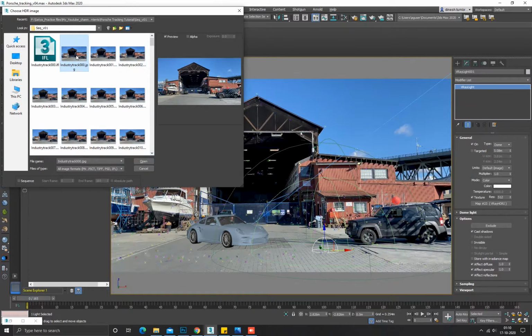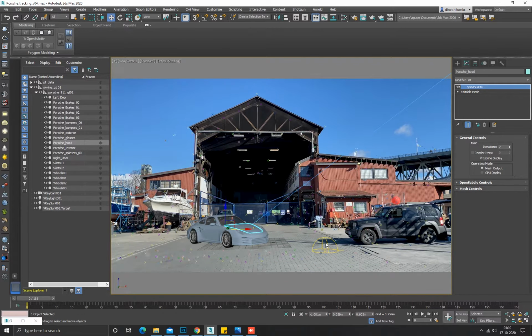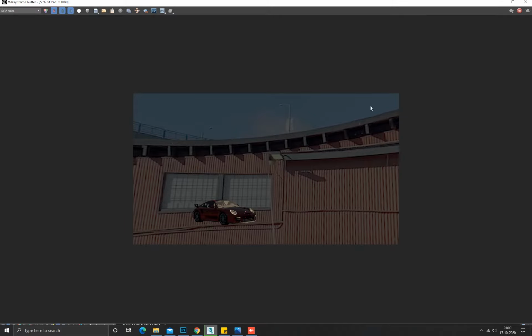Guys, please note that I am using JPEG as an HDRI, which is not advisable because an HDRI image has an actually higher dynamic range than a JPEG image. But for the sake of simplicity, I am using this, which is not a major issue and will do the work. So we simply click on the background image and click open to add the image to the HDRI. This image will draw us fill lights from the environment.